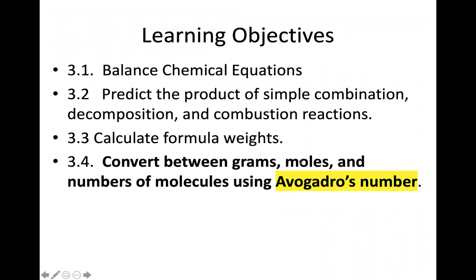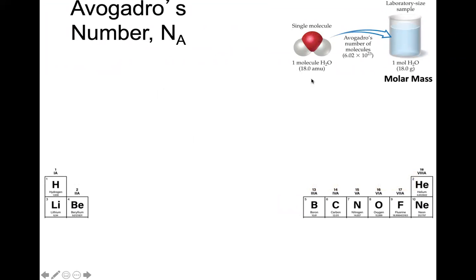Crucial to that is this idea of Avogadro's number. This is what happens. So if you have just a single molecule of H2O, you would have an oxygen atom, another hydrogen atom, another hydrogen atom. You could add up the masses for those. So hydrogen's mass is really close to 1. Oxygen's mass is really close to 16. 16 plus 1 gets me to 18. If I'm adding up the masses for those individual atoms, then my units are what are called atomic mass units. That's going to be a really small amount.